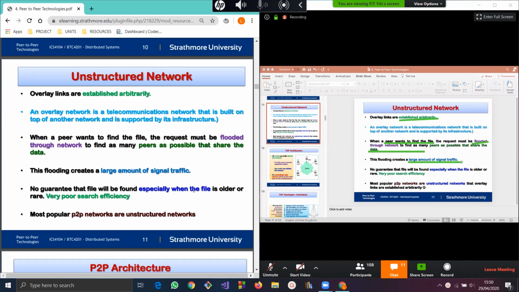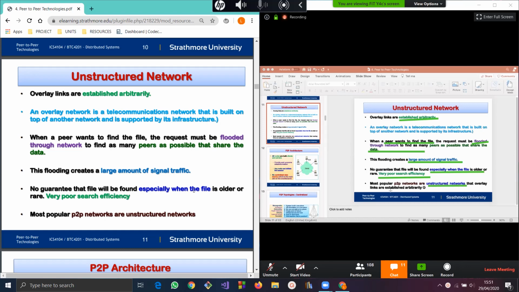So if we are looking at this later on, maybe some of the questions will say, what will be the advantage of someone thinking of adopting P2P technologies? You can see this, especially if they're unstructured, we can simply generate a lot of traffic. Of course, there's no guarantee the file will be found, especially since we have very poor search efficiency, because remember, you're flooding that particular network. So most popular, and of course there are certain advantages. We look at them later on, why this is popular. But most of the popular